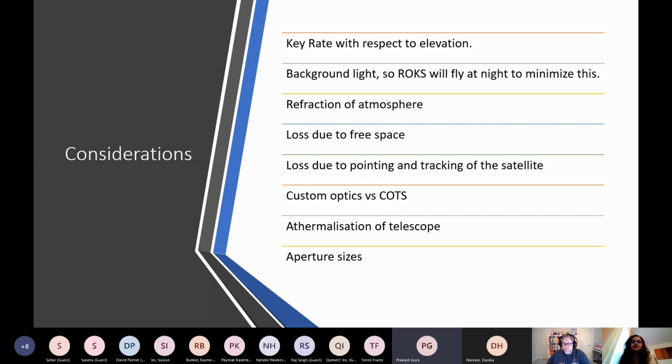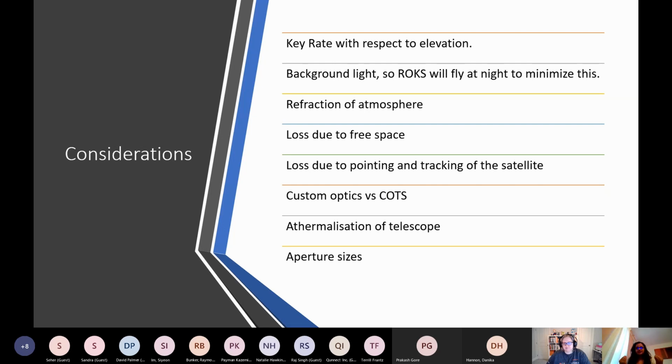Yeah, thank you so much, Prakash. That's a really good question. There are a lot of applications of quantum in space, a few of which I mentioned before. One thing that I'm really interested in, apart from QKD, is quantum sensors. There are cold atom sensors where you take atoms and excite them with photons. If you look up cold atom sensors, I don't want to go into the details here.